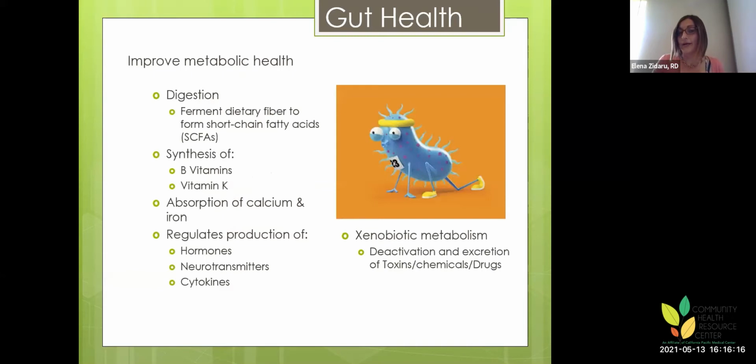How do they improve metabolic health? Well, first of all, through the digestion of a lot of high fiber foods, and also a lot of prebiotic foods that we're going to talk about later. When they end up in your gut, because fiber is something we don't digest, it ends up in our colon undigested, and it gets fermented by the gut bacteria, and that will form those short chain fatty acids, which are beneficial to colon health and digestive health. So those are, as I said, important things.